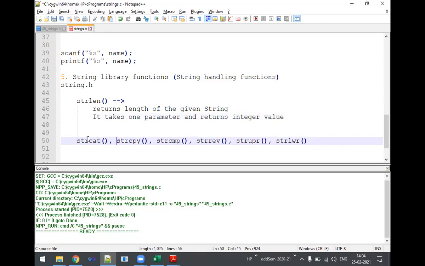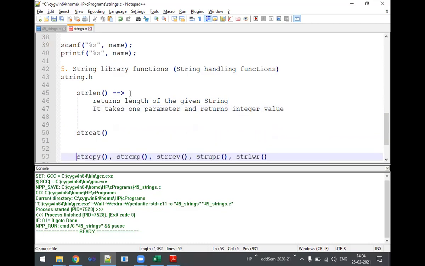That is strcat. Let me write here. It is as the string length. Okay. Then strcat. Strcat means string concatenation. Have you heard the word concatenation any time? Have you come across this word? What does it mean? Merging. Okay. Anybody else?